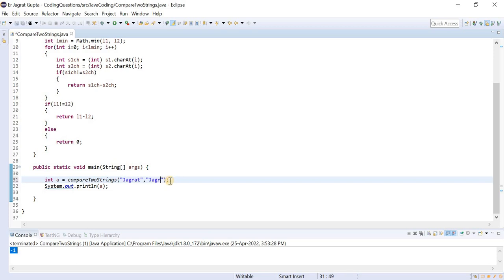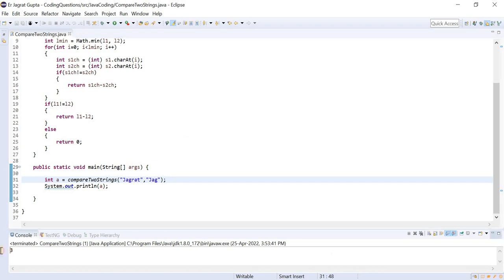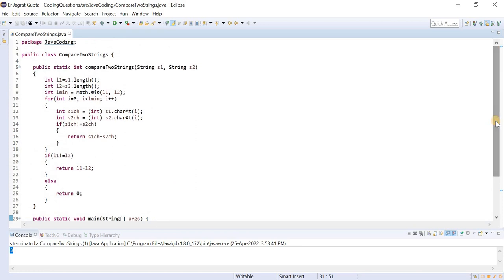And let me check for this. So this is also not equal, you can see that it is not returning 0, means it is not equal. So this is the first method through which we can check. This is a very basic method through which we can check whether any particular strings are equal or not. Now there are some inbuilt methods also, so I will show you the inbuilt methods so that you can easily understand that you don't need to write all this type of logic.